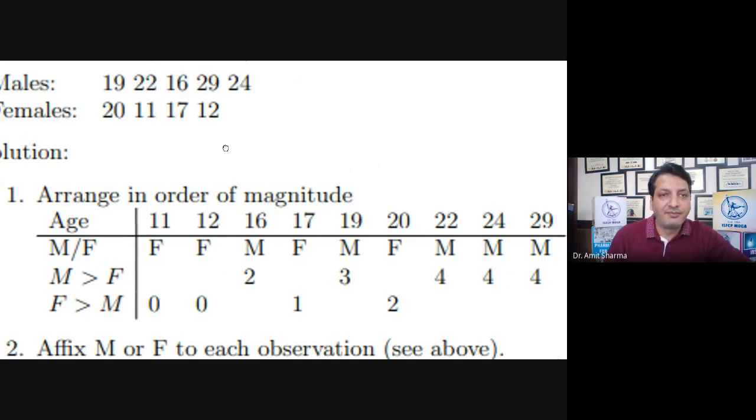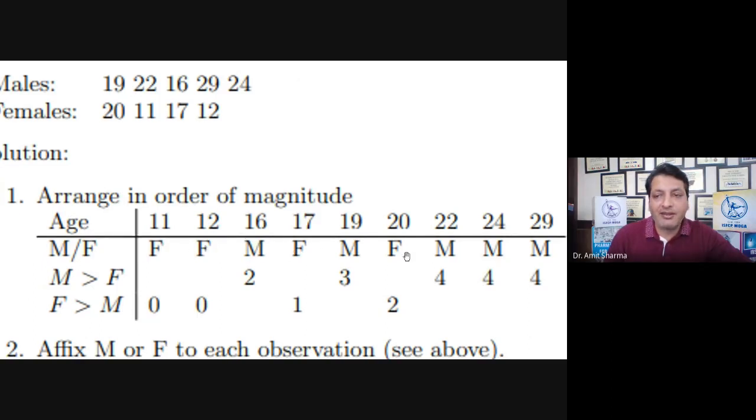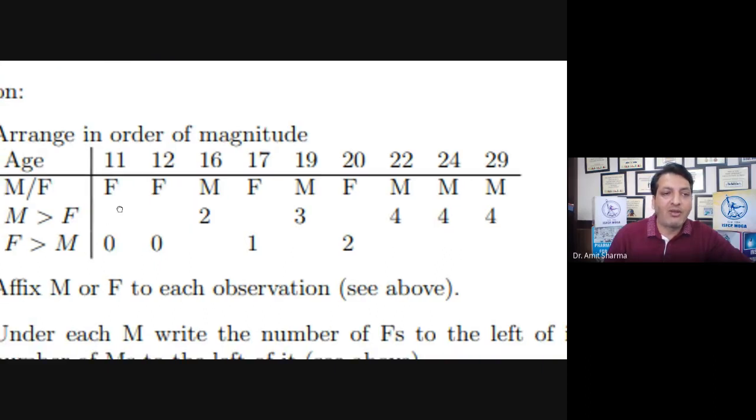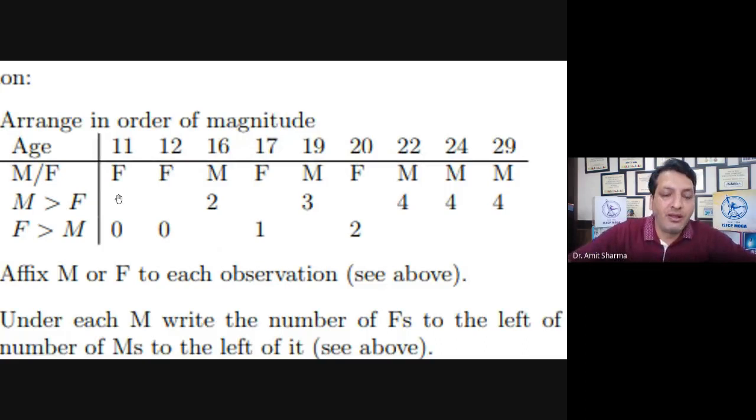This 16 is a male, you can see on the top, so I have written M. So you have to write in this row which group this particular digit written on the top belongs to, group number 1 or group number 2, or you can write surgical ward or clinic ward or male or female, whatever. Clear? So you have to write F. After writing this particular row, you have to calculate the magnitude. You have to find out the opposite group. For example, I'll take the example of 11. Just listen carefully.